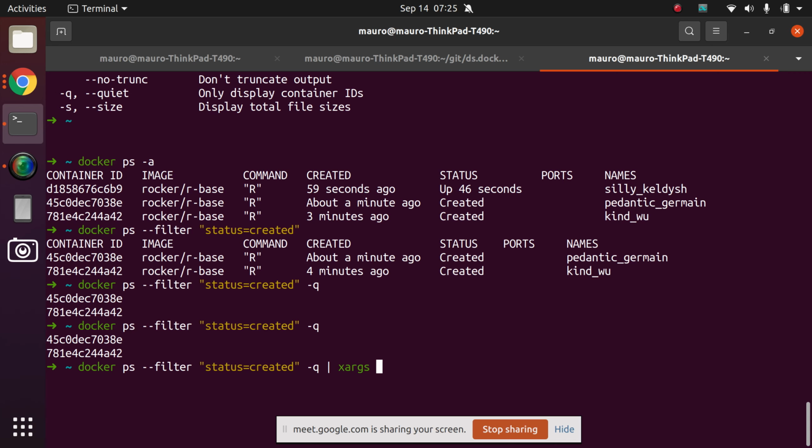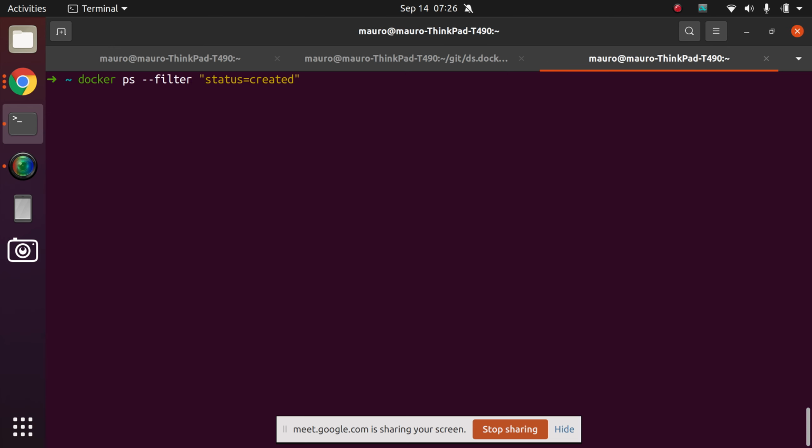which all it does is take each of those values from the left-hand side of the pipe and put them all the way to the right-hand side. So it's very similar to the pipe that you might be familiar with in R. So now I could do something like docker start, for example. I don't need to do anything here. Automatically, xargs is going to be moving all of those things and putting them there to the right and executing that. So that's the way I like working with Docker,